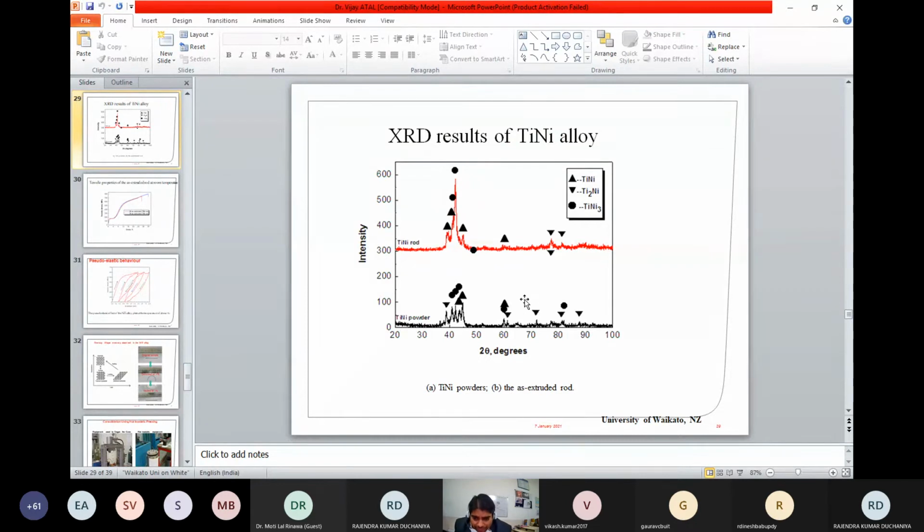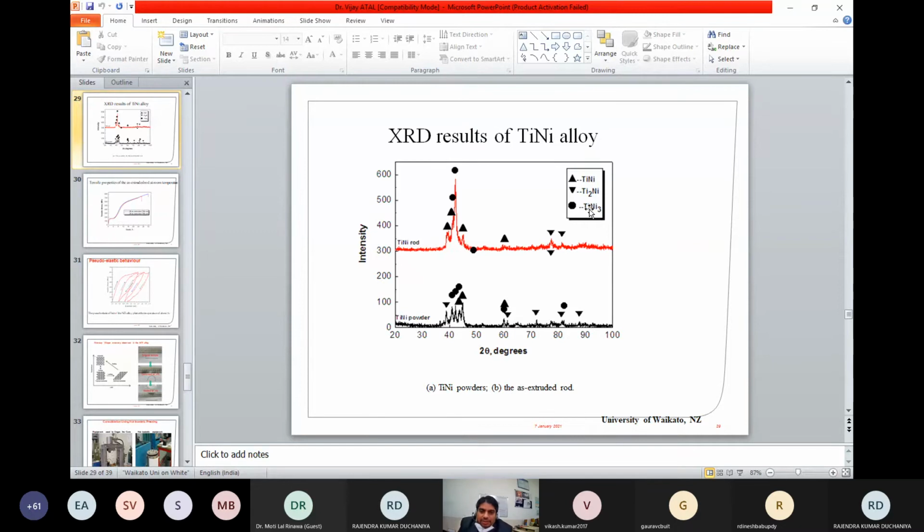This is the typical XRD of the TiNi powders produced, in which you can see the TiNi phase, which is visible, which can tell that it resembles a shape memory alloy. Also, other phases, Ti2Ni and TiNi3, are also found, which are not recommended, because the presence of these phases will deteriorate properties.